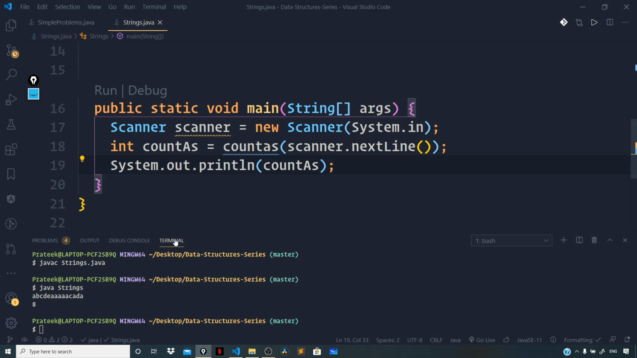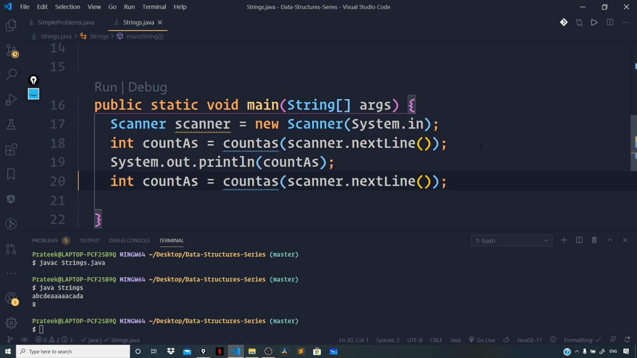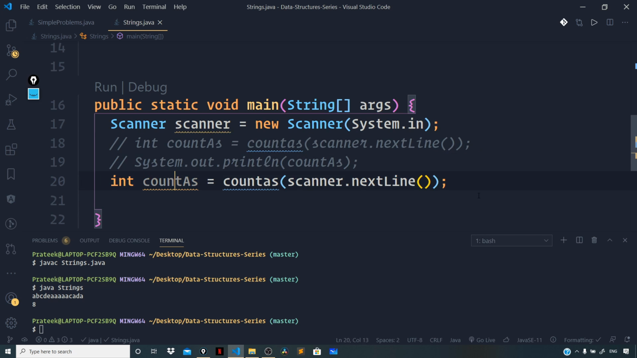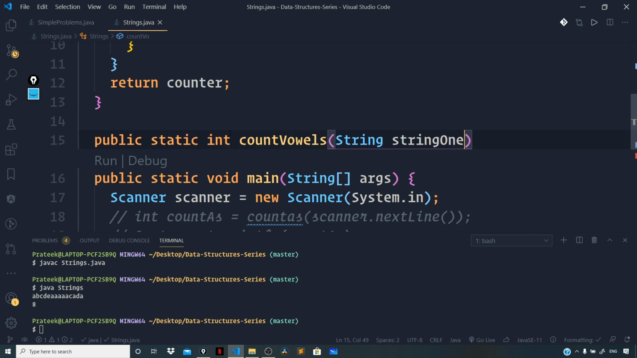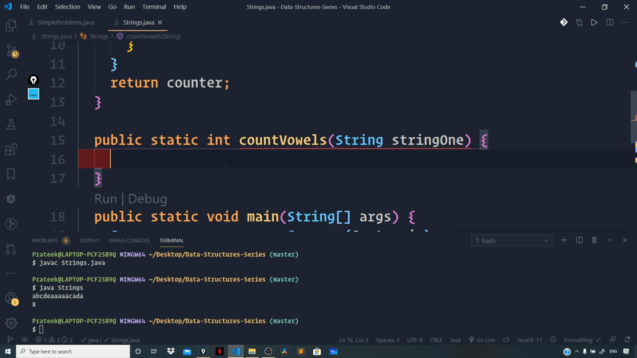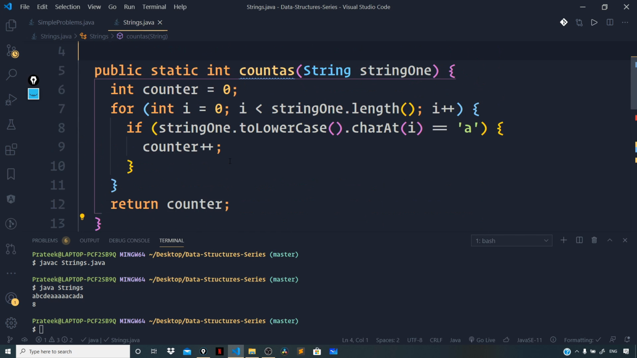So let us solve this now. So let me copy this line and paste it down below and comment the above code. Change this to count of vowels and the method name as countVowels. Again we'll provide the string as an input by the user, and let us define it right here. So public static int countVowels, and this expects a string, say string1. The very first thing we have to do is to define the counter variable. So let us copy the above code,